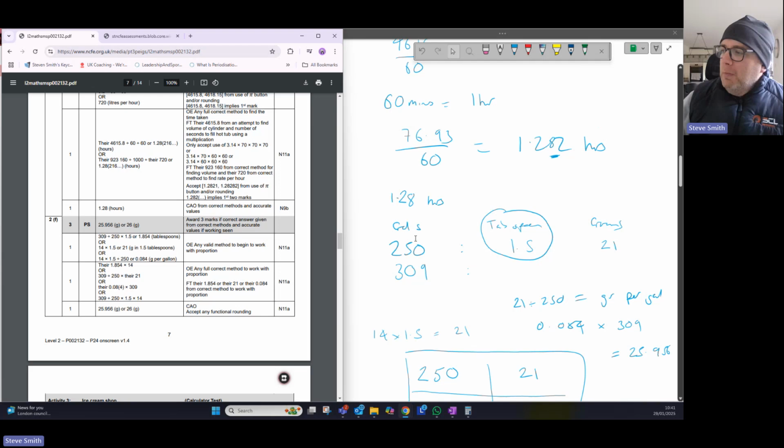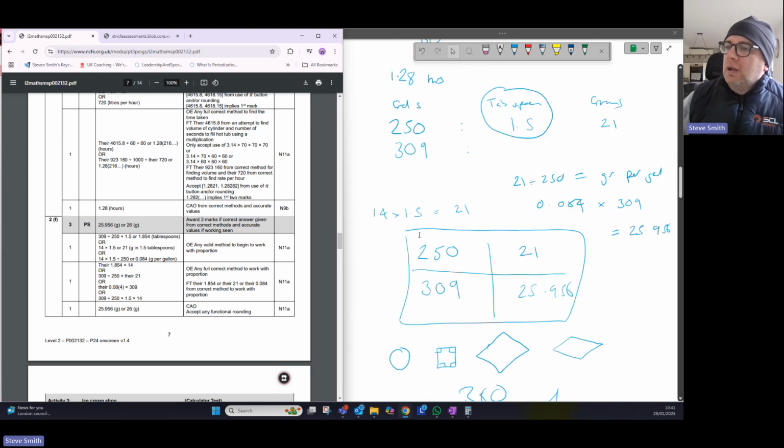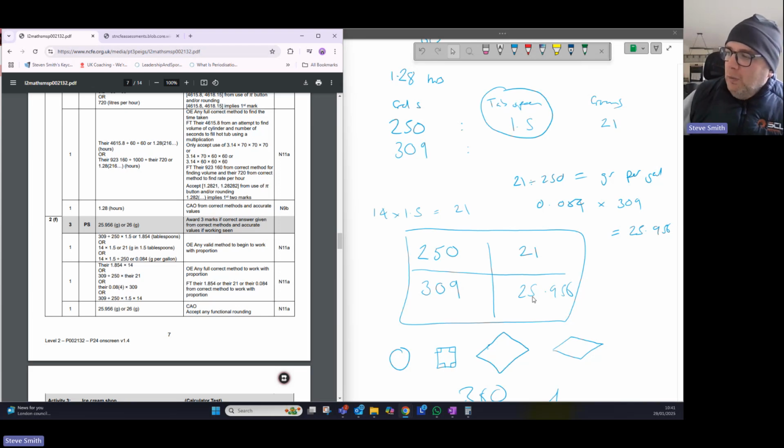Asking us about the amount of chlorine that we needed. It rounded it up there to 26. We didn't round up, it just asked us exactly how much chlorine we needed. We put it in a little window like this, and we worked our way around. We did 21 divided by 250 times by 309 equals our